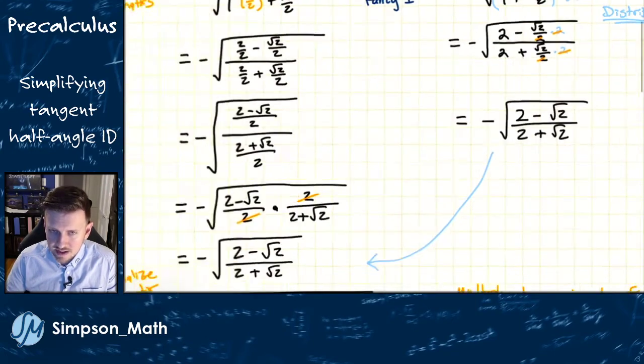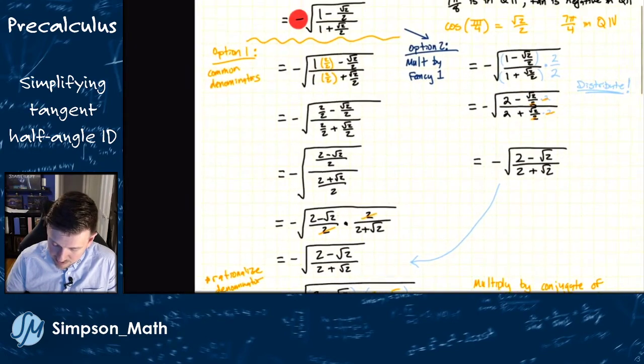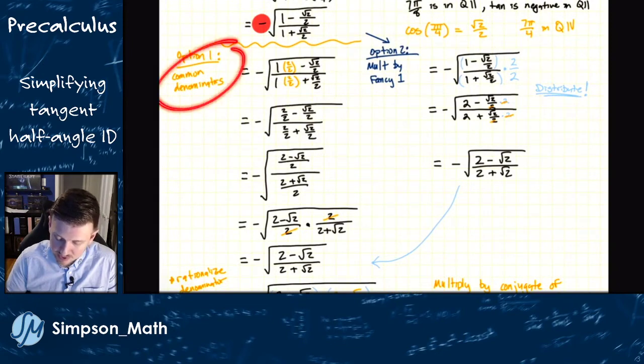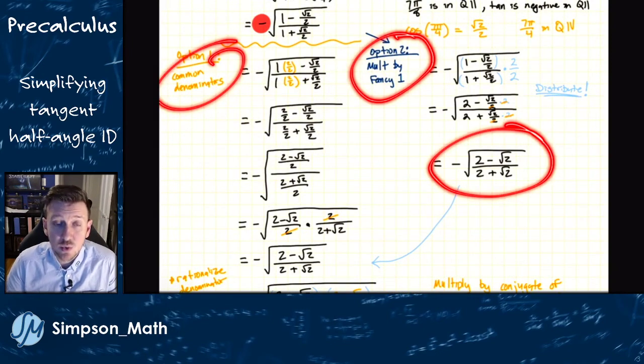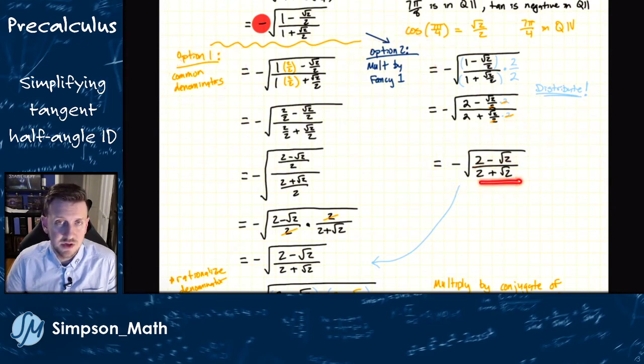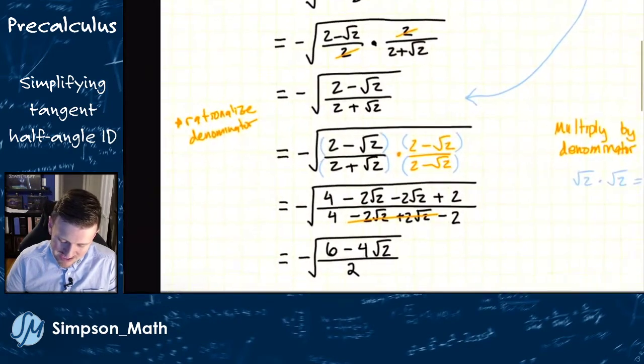And so notice then we end up in the same spot. With both of these options, we end up with the same thing: a negative square root of 2 minus square root of 2 over 2 plus square root of 2. So again, I'm just giving you tools, arrows in your quiver, different things for you to be able to try to work this. All right, now this